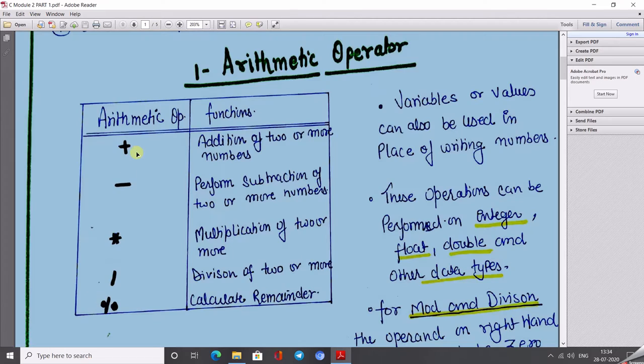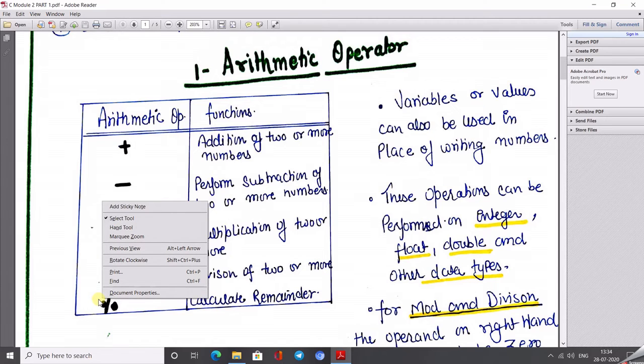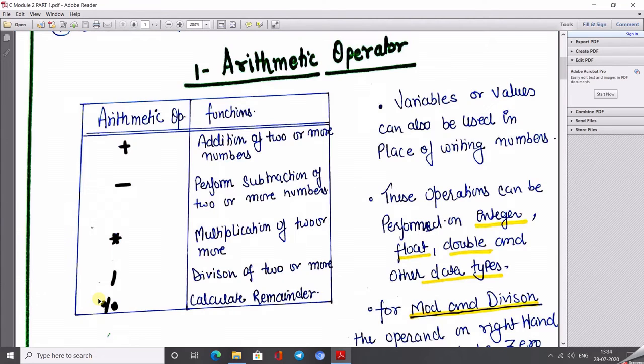The main point is maybe you know what is the addition, the subtraction, the multiply, the divide, but maybe someone has some confusion with the remainder. So what is the remainder? Like I want to divide number 3 by 2. So what is the remainder? When we divide this, we get the remainder 1. Okay, so the value 1 is the remainder. What we did actually, we performed the divide and got the remainder.